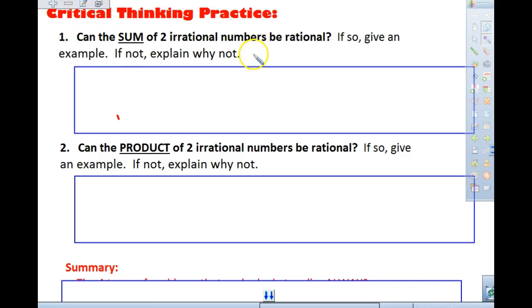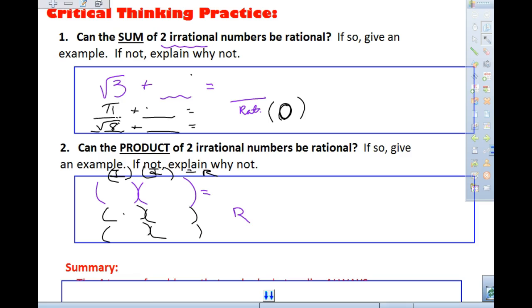Which kind of leads us to this next case. It says, can the sum of two irrationals be rational? If so, give an example. So I want you to write down some irrational numbers, and I want you to think of adding them. You can come up with whatever irrationals you would like, right? You know that irrational could be pi. It can be any of our square roots that are not perfect squares. So right now on your paper, what I want you to do is I want you to easiest